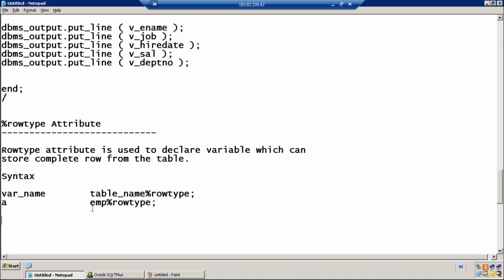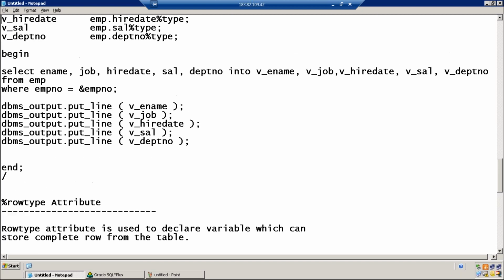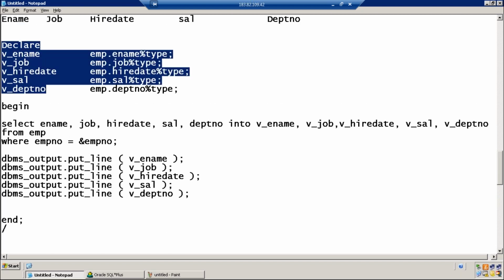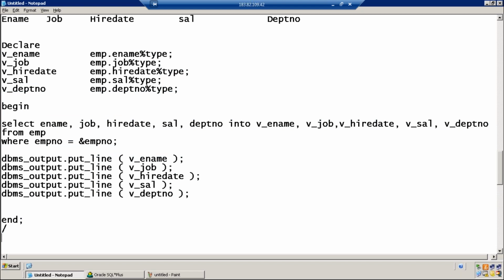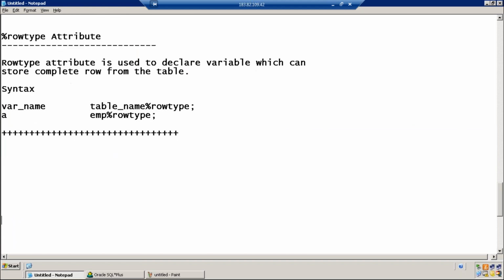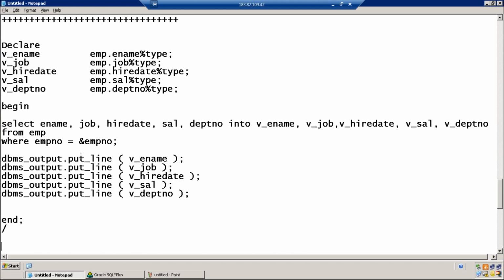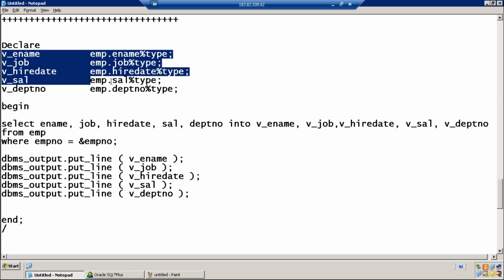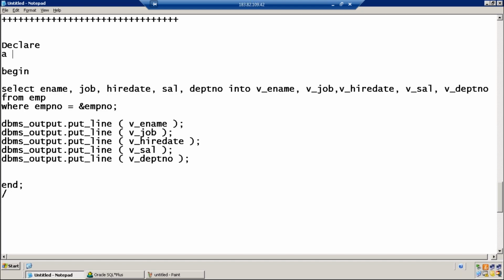Is this clear about row type variable? Okay. Now can I use a row type variable in the previous program? I rewrite the previous program using the row type variable. Row type variable is very comfortable. Don't declare 5 variables. Instead declare one variable, emp percentage row type.